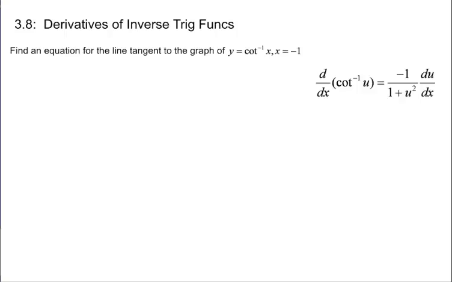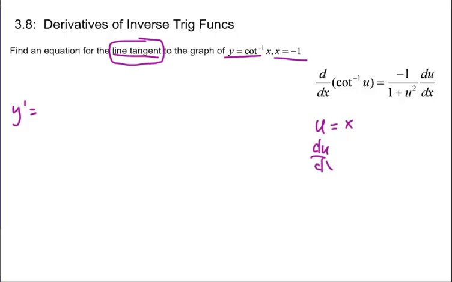Let's find the equation of a tangent line to the graph of y equals arc cotangent x when x is equal to 1. We have an x value, we have an equation, we're told to find a tangent line, and so what this means is we've got to find y prime. So what does y prime equal? Well, if we're just taking the derivative of the arc cotangent of x, this is not going to be a difficult one at all. If I let u equal x,